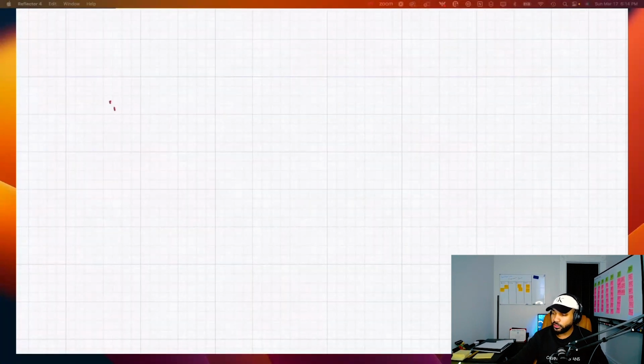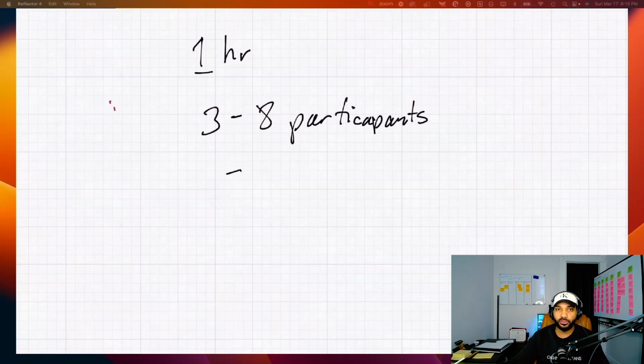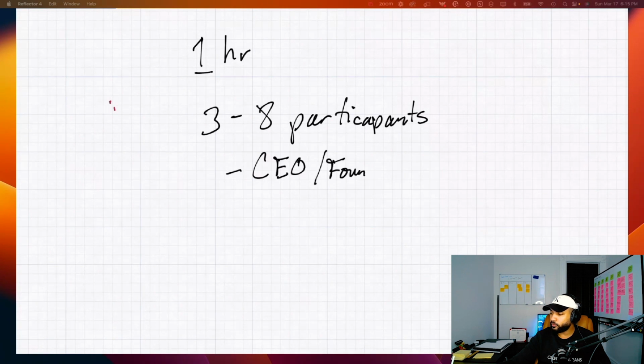So how does this workshop work? This is about an hour-long workshop, and you just need about 3 to 8 participants for this. I'll recommend the type of participants. You would probably need a key decision maker. You want to actually progress on the things that you come up with out of this workshop, so you probably want someone like the CEO or founder in there. You might want some people from marketing or sales